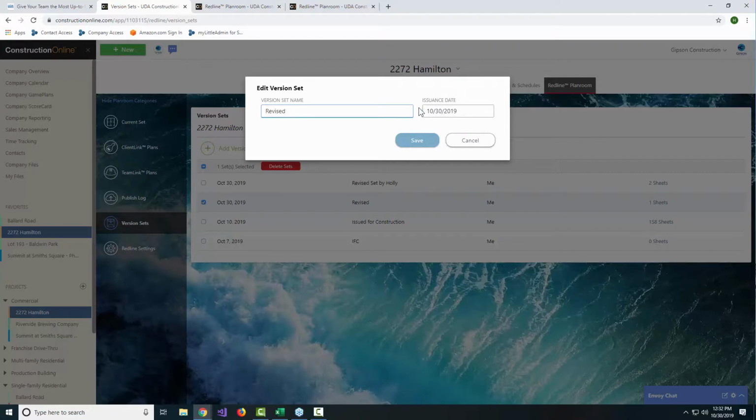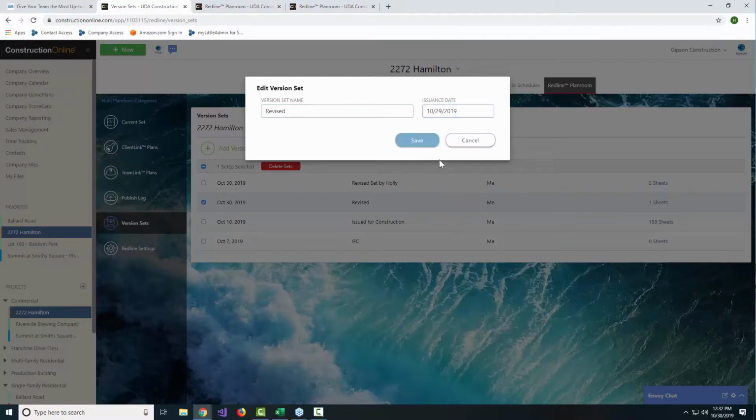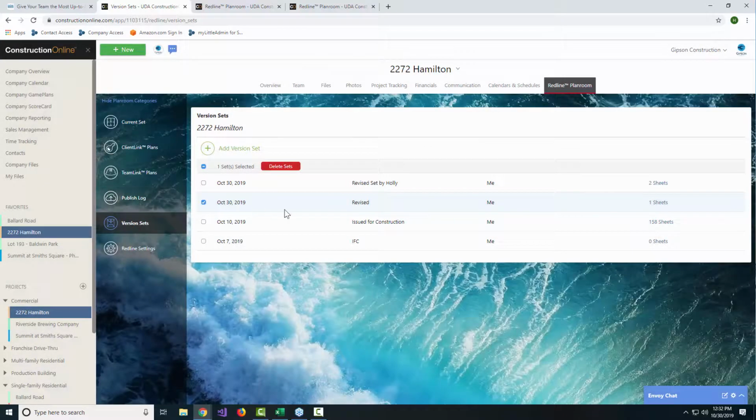Maybe if you weren't paying quite enough attention, you slipped on the issuance date as well. You can adjust that as needed as well. If it wasn't today, maybe it was actually yesterday. You can make that adjustment as needed. Mm-hmm. The other thing that you can do from here, in addition to making any of those edits or adjustments